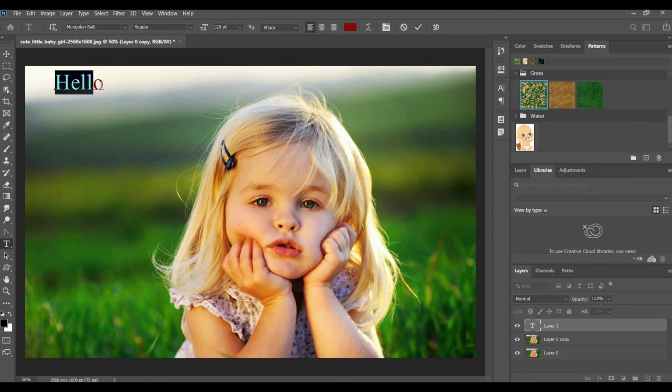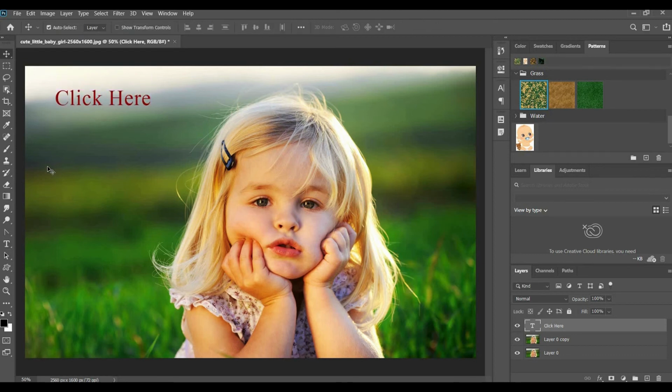Okay, let me create a click button. Click here. Okay, we're going to create a button actually. Okay, we want to place this inside a box, right?